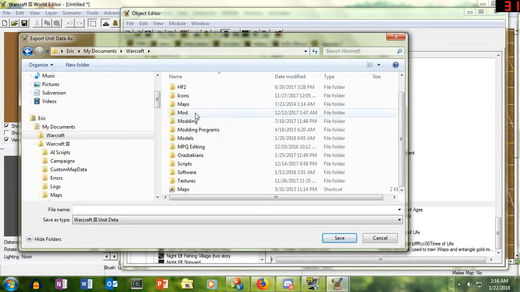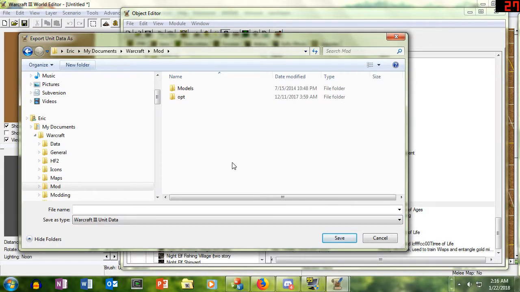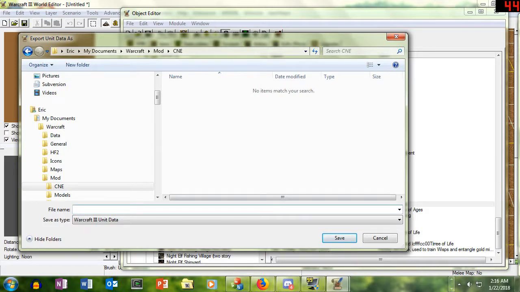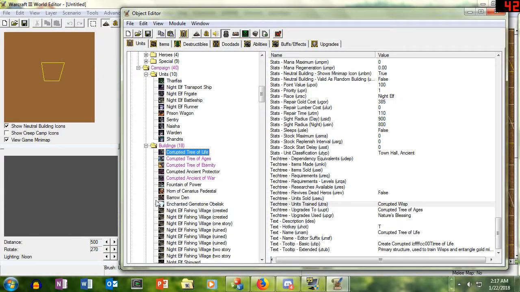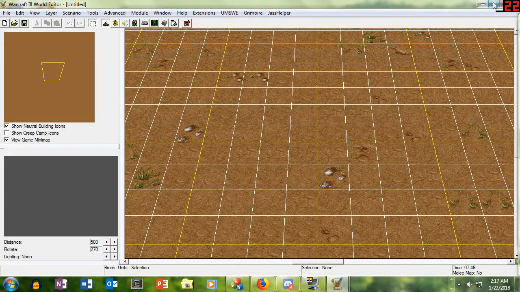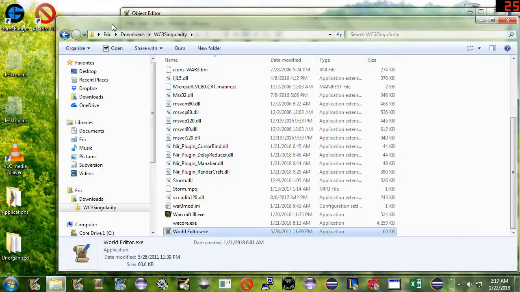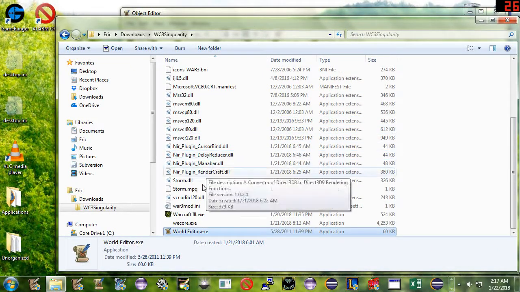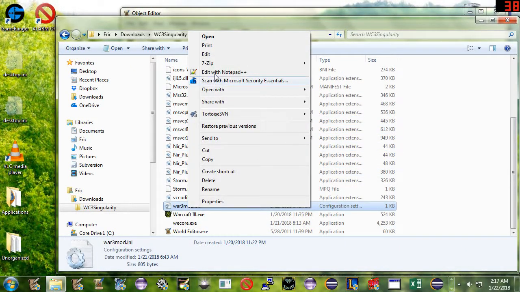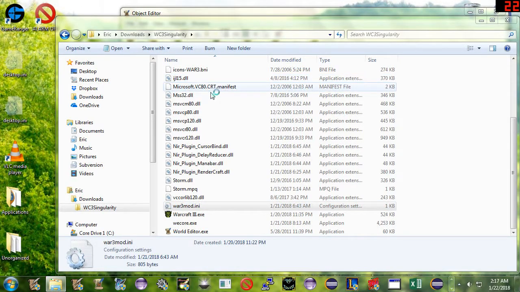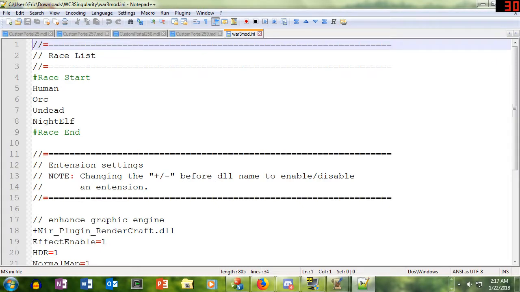Let's see. We're going to make a mod and call it CME corrupted night elf, corrupted night elf unit data. Now, in theory, in a hypothetical world, a person would be able to just go to some kind of file. So in my case, I'm going to edit this war3mod.ini data file here, and we're going to add